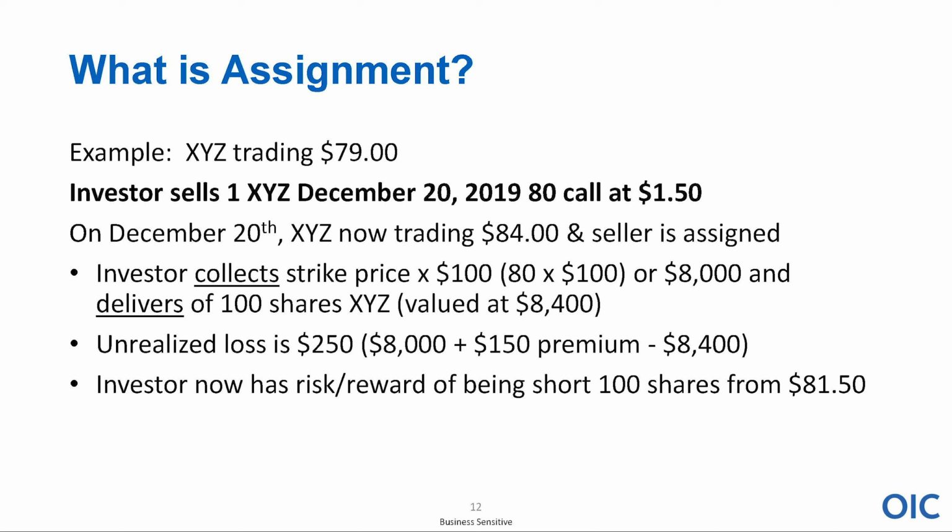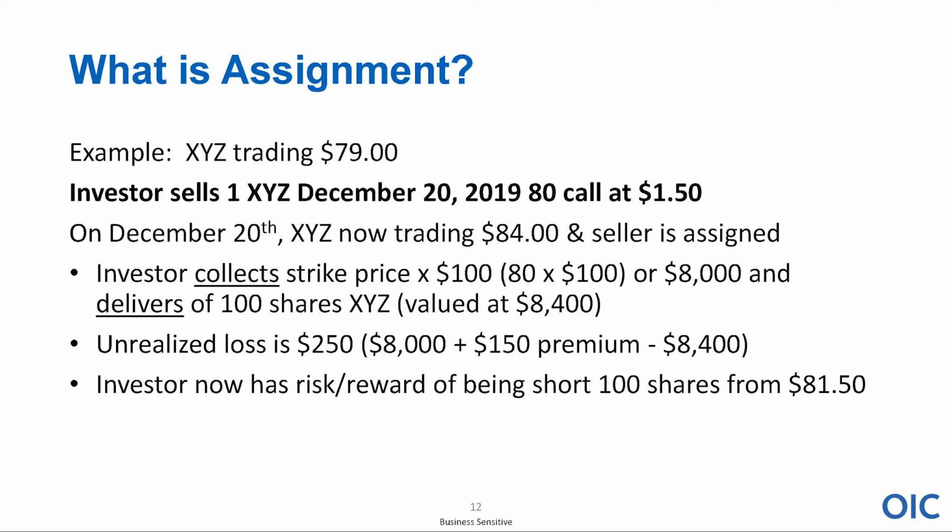And now that it's up at 84, I have the decision to make in expiration week. Let's just assume that I have not been exercised on this, okay? I do expect to be exercised on expiration Friday. But if I say, I bought the stock at 79, I'm out at 81.50, I'm no longer as excited about this stock, or I'm not excited about the market or whatever, I'm happy to let this stock go, and I am obligated, remember, to deliver 100 shares of stock to someone. I don't care who it is. So I'm in at 79, I'm out at 81.50, I made $250, okay?